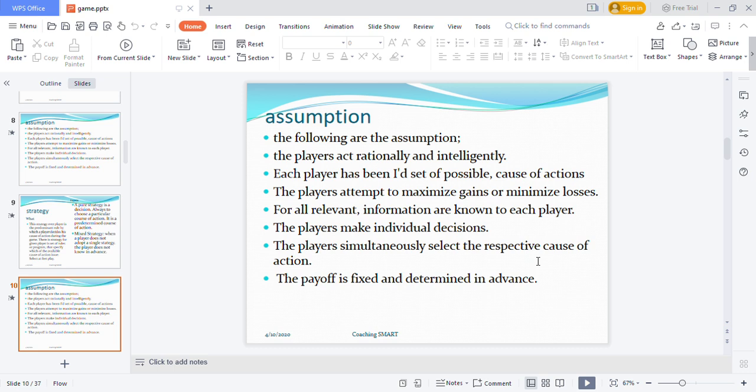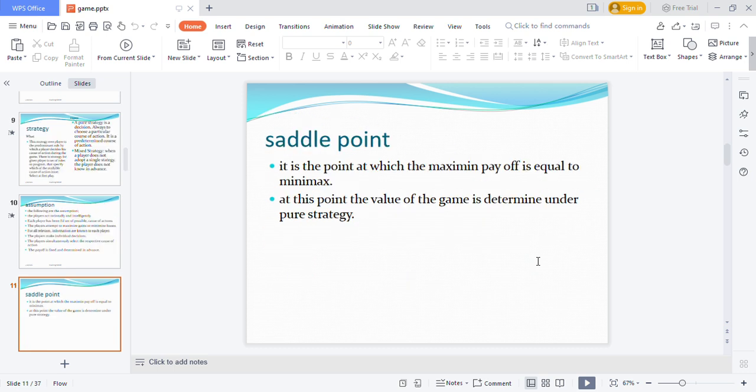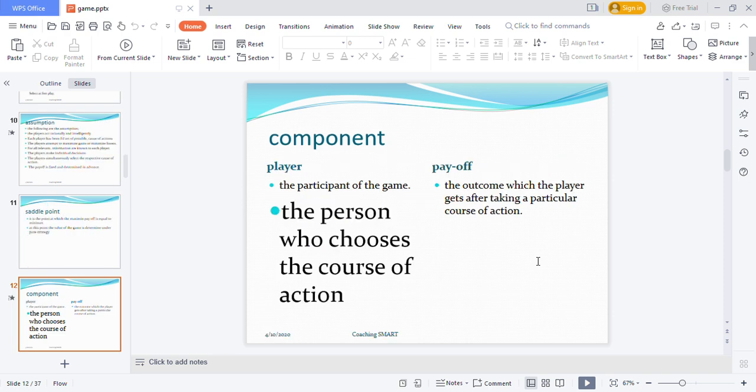Number two component is the player, a participant of the game, the person who chooses the course of action. That is a player. Then finally, payoff, that's the number three component, the outcome which a player gets after taking a particular course of action. So that is very critical. So these are the three components, and we will be looking